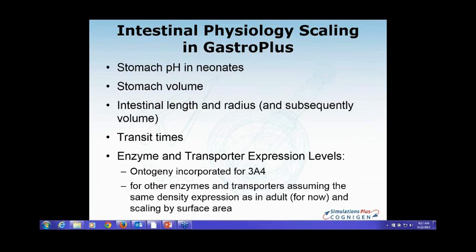That being said, though, the intestinal physiology is getting scaled even with the compartmental model. If you are using compartmental PK, the intestinal physiology scaling is based on the body weight. So assuming that the body weight is a typical body weight for given age, we do scale the intestinal physiology. But the compartmental PK, that's not something that we can scale because it's more of a compound-specific rather than physiology-specific description.